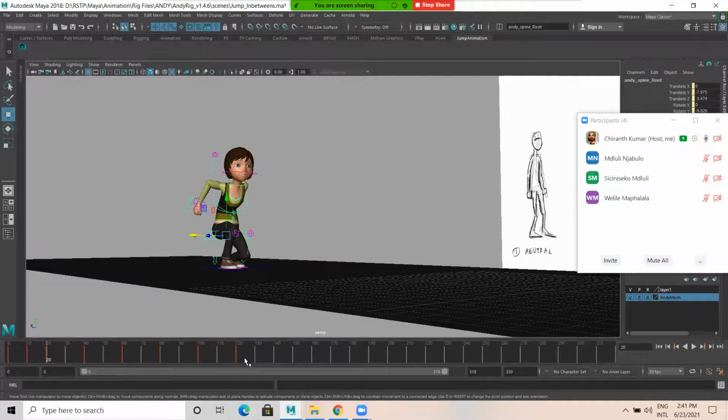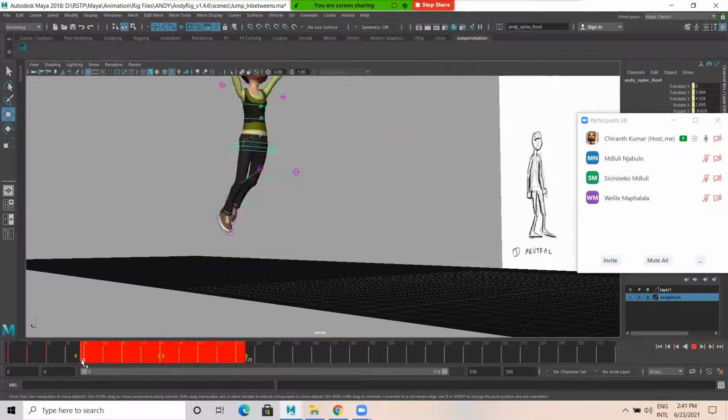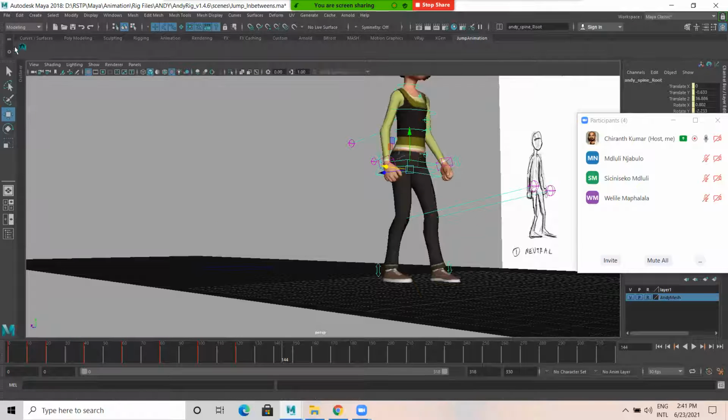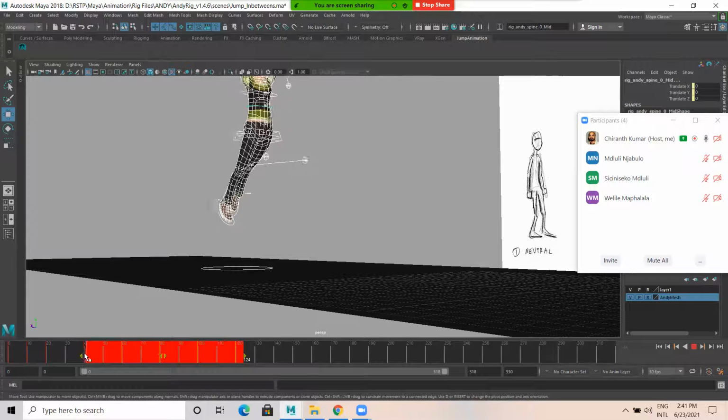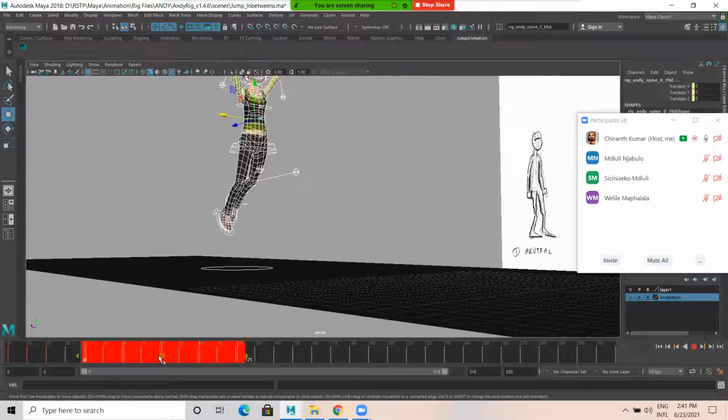What I'll be doing is selecting all this, selecting up to pose 3. How do I select it? You need to click this so that all these keyframes are visible. Holding shift, I'm selecting all this and I would like to move with middle click.